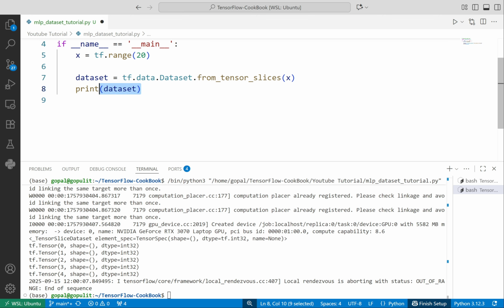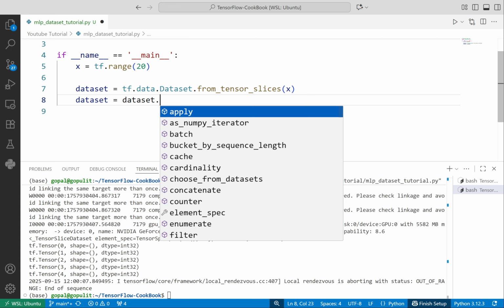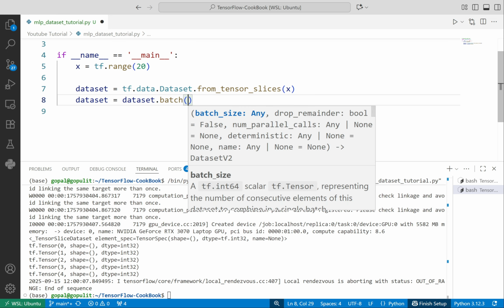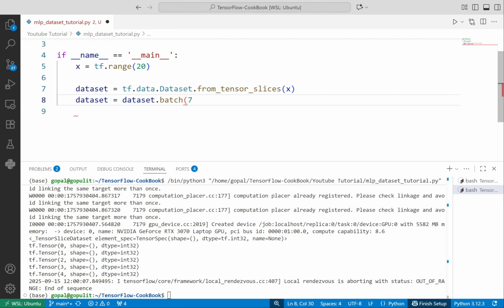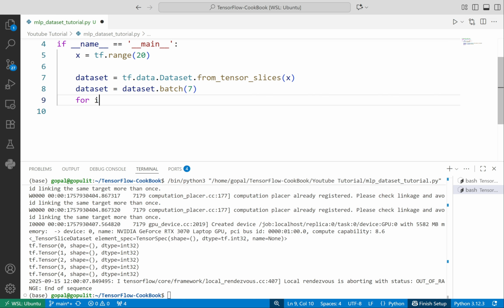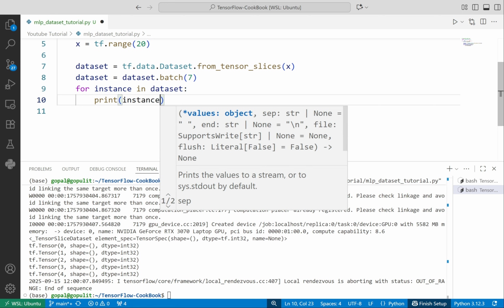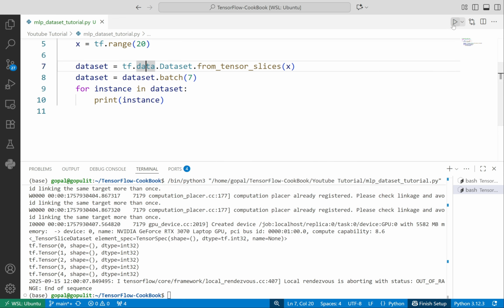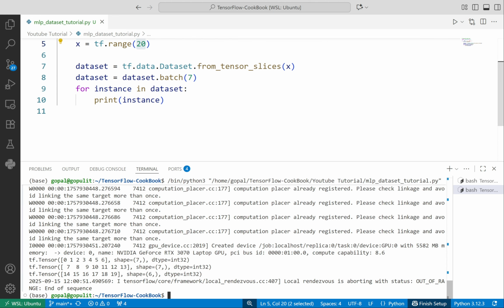For example, let's say dataset equals dataset.batch(7), and if I print each instance in the dataset, we have 20 elements, so it will create batches of 7 elements.